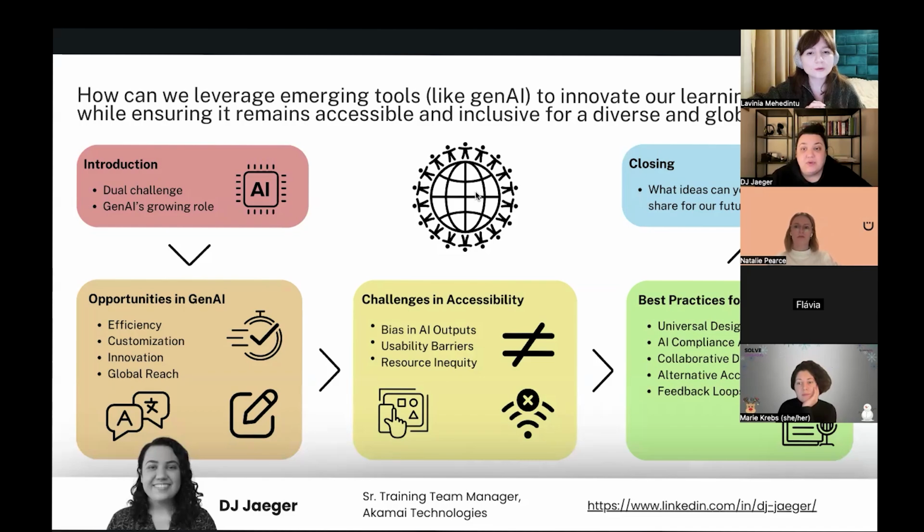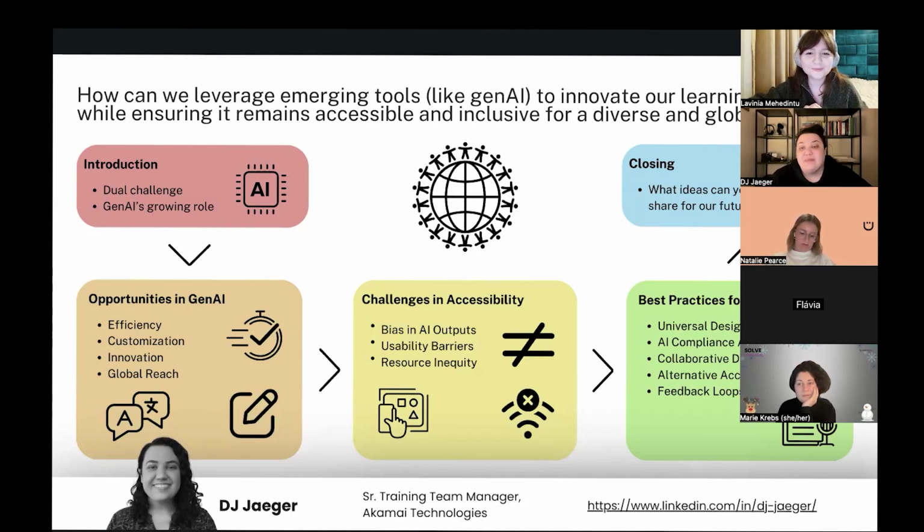Working in a collaborative way, developing collaboratively, not just trusting the machine, our robot friends, but having human eyes take a look at the content you're developing and ensuring that inclusivity and accessibility. Another option is to offer alternatives to some of these more high-tech solutions, whether it's transcripts, captions, screen reader-friendly outputs. It's other ways to include those who may not have access to the brand newest tools and their various outputs.